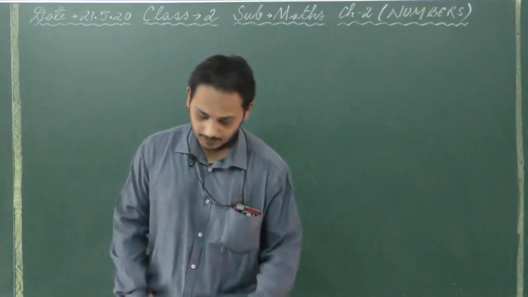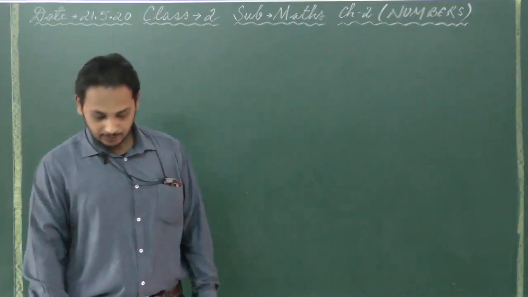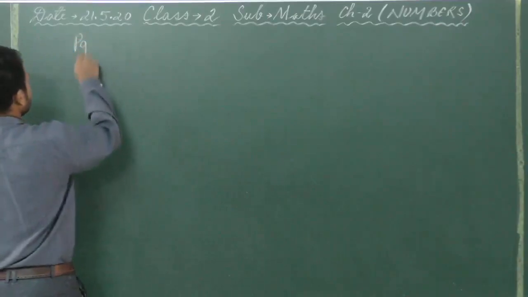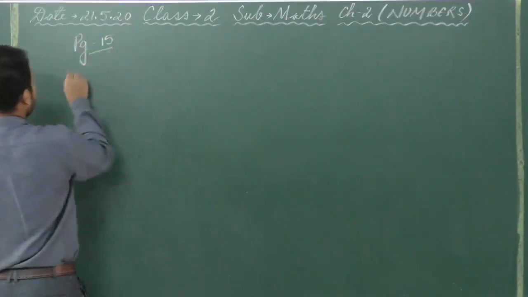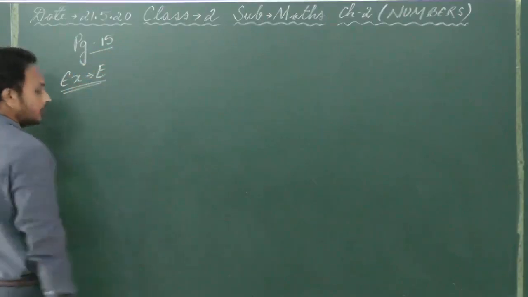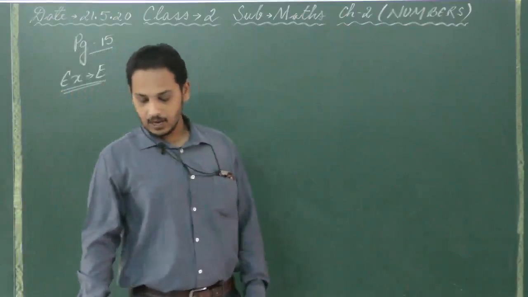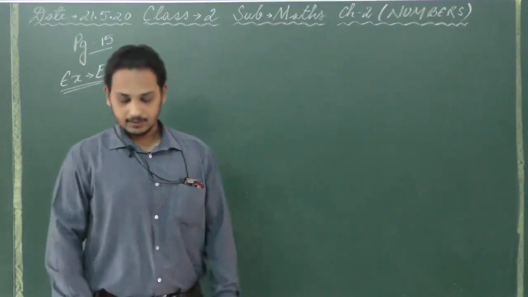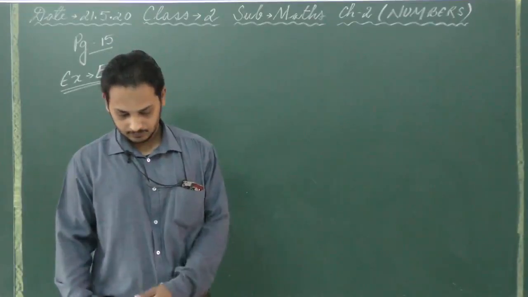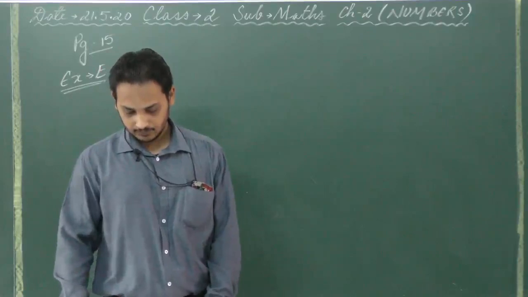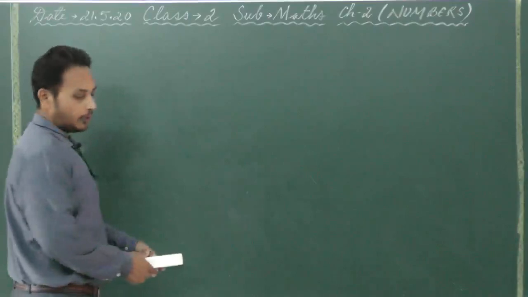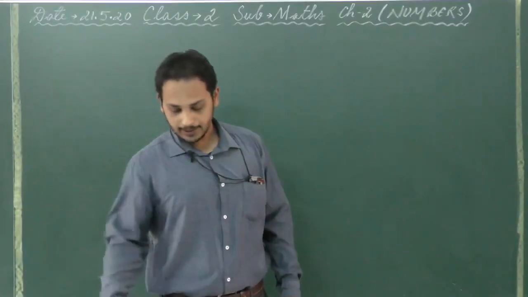Okay, now we move to the next page, that is page number 15, exercise E. Now this is a bit different. Now how is it different? Now over here, okay, before doing this exercise, I just want to explain one point to you about abacus.